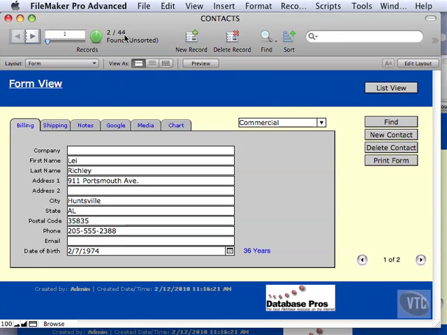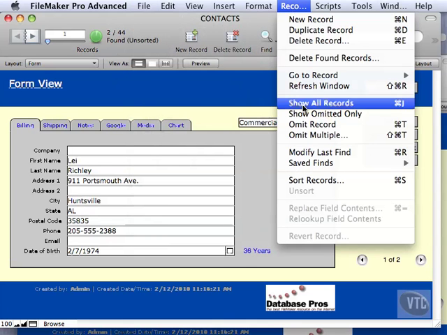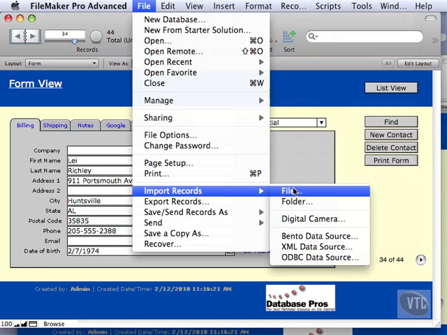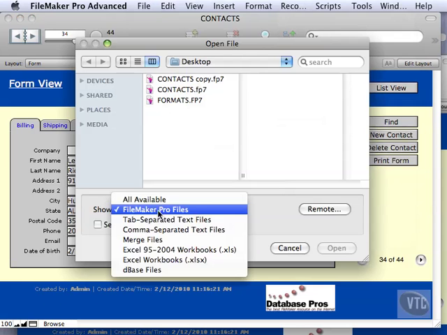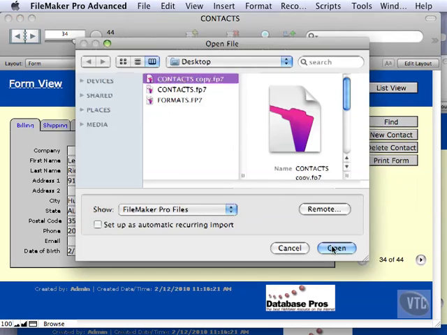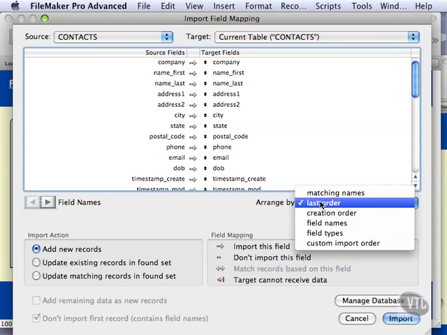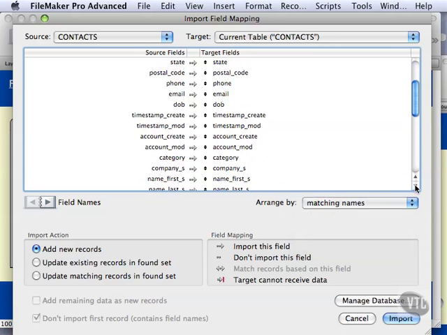So notice we have 44 records here. We don't have to do this, but I'm going to show all records. We'll go to import, choose file, make sure you have FileMaker Pro selected here, otherwise it'll be dimmed out. Choose contacts copy, and if you don't have all your fields matched up, choose matching names and that'll match them all up for you. But then scroll down to the serial number field